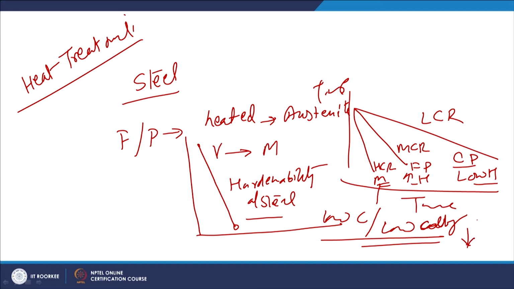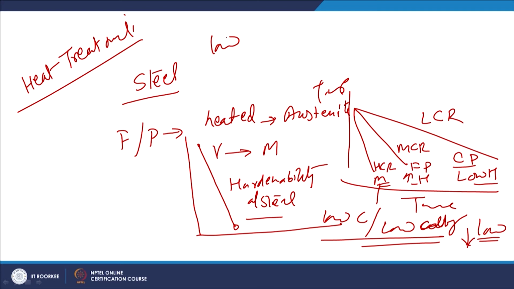Steels having low carbon content and low alloy concentration have very limited hardenability. So, in order to increase the hardenability, efforts are made to increase the carbon content, and if they have alloying elements, then certainly the increase in carbon content will be beneficial. There is a direct relationship between the carbon content present in the steel and the kind of hardness that we get after the martensitic transformation.